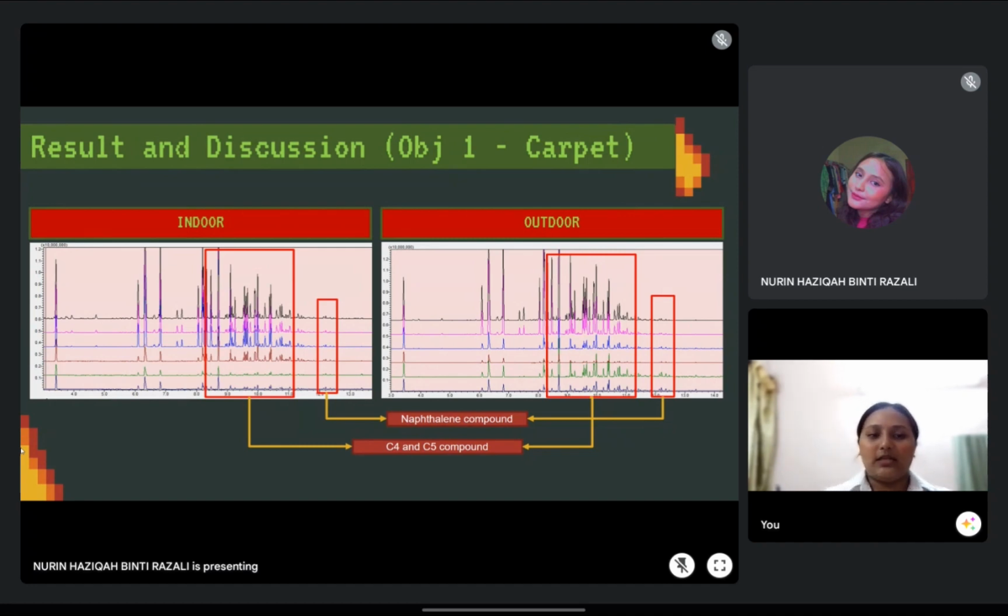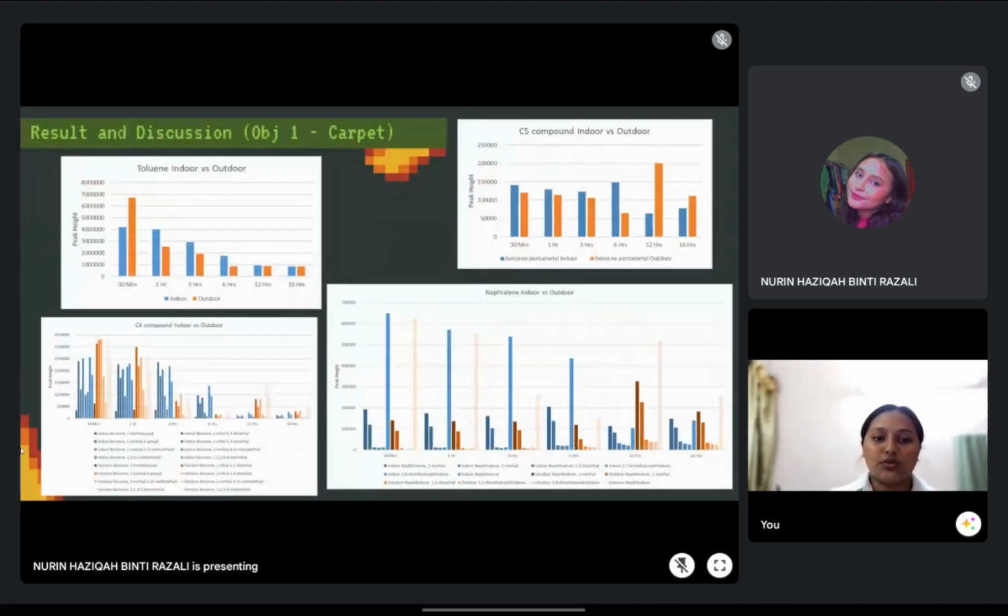Based on this TIC, we can see that in short term, the tropical weathering does give an effect to the peak height of the compound. Based on previous research, as the time of exposure increases, the low molecular weight compounds will experience a decrease of peak height. In this TIC, it does show that the peak height of the compounds does decrease over time. However, as shown in this diagram, the peak height between